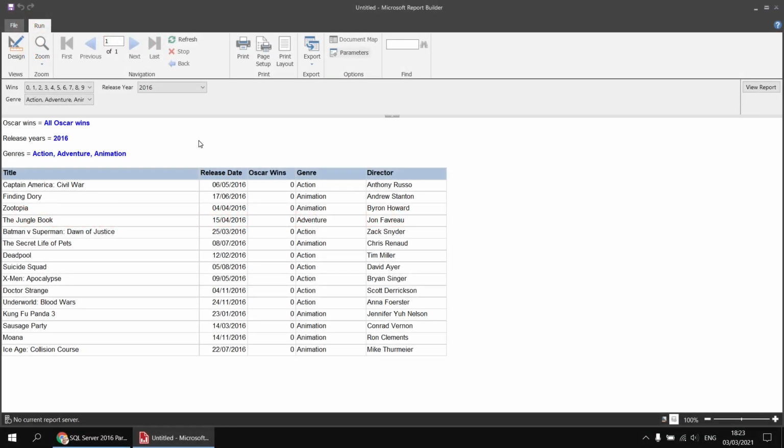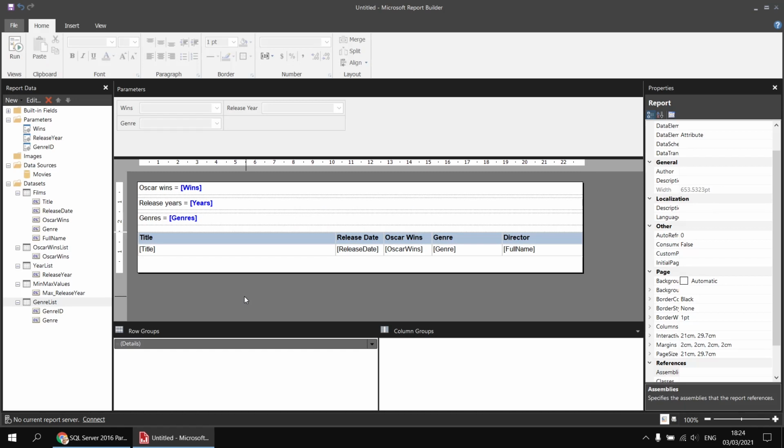Okay, just one more parameter to go for this report. I'd like to be able to select from a list of directors for my final parameter, and just for a bit of variety and a bit of a reminder, we'll use a report parameter and a dataset filter to do this. Let's head back to the design view, and I'll start by creating the dataset which is going to populate